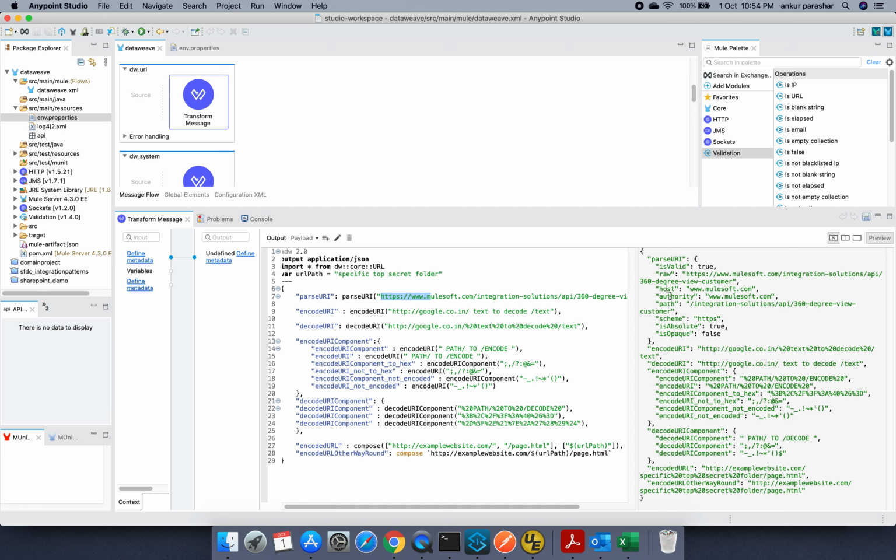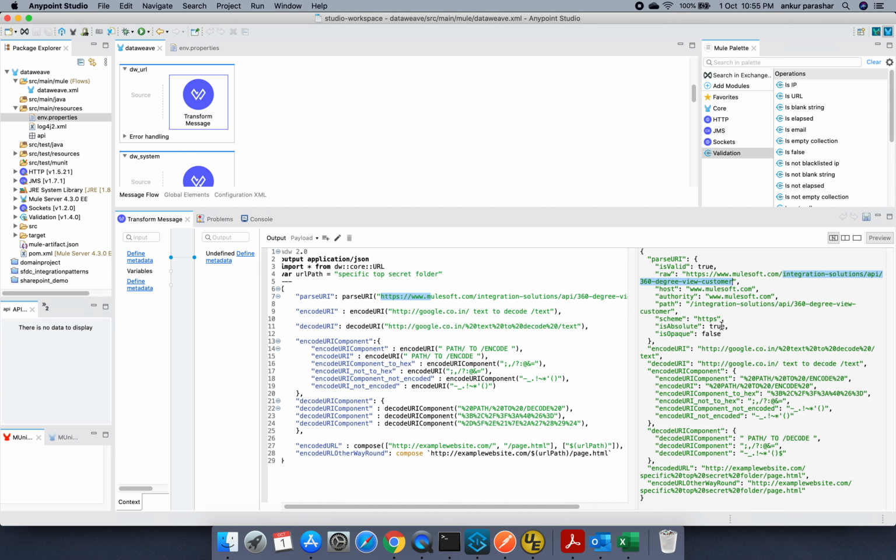Who is the host? Host and authority, in most cases, remain the same. So www.mulesoft.com, that is the domain or the hosting party details. After .com, it's usually the path which is being covered. After that, there is a scheme, like whether it is HTTP or HTTPS.